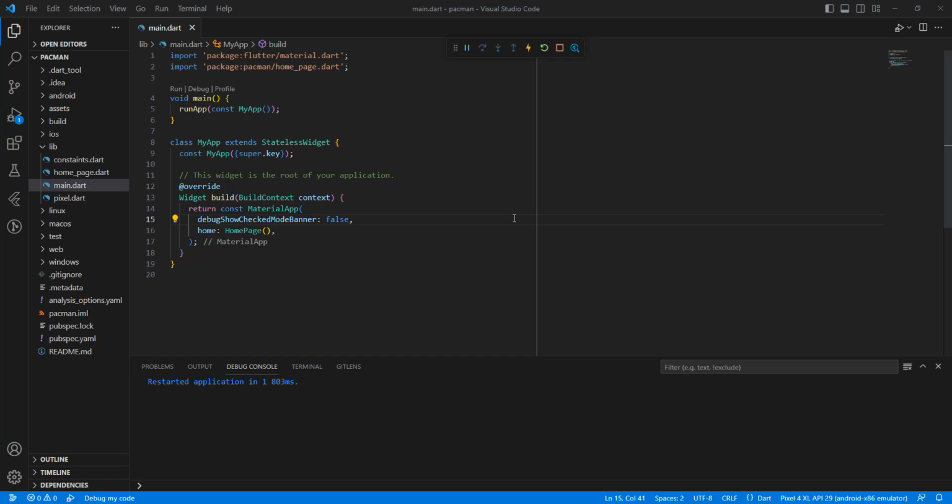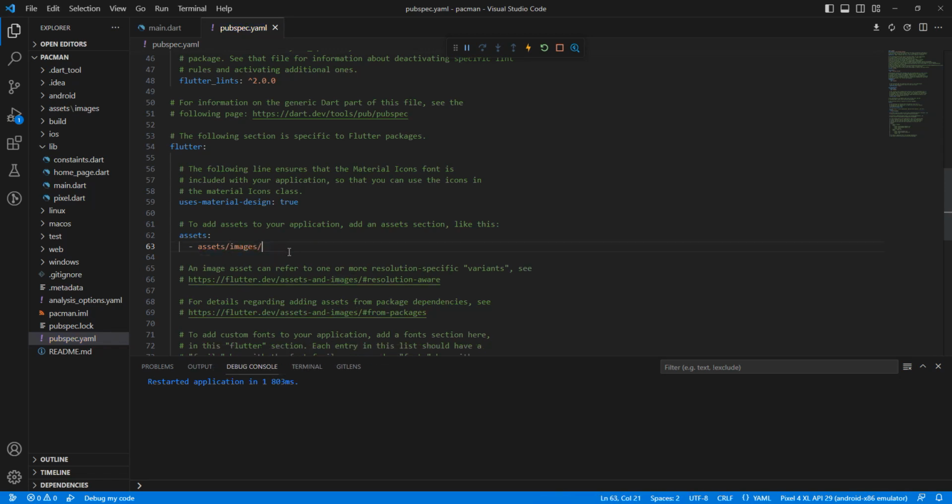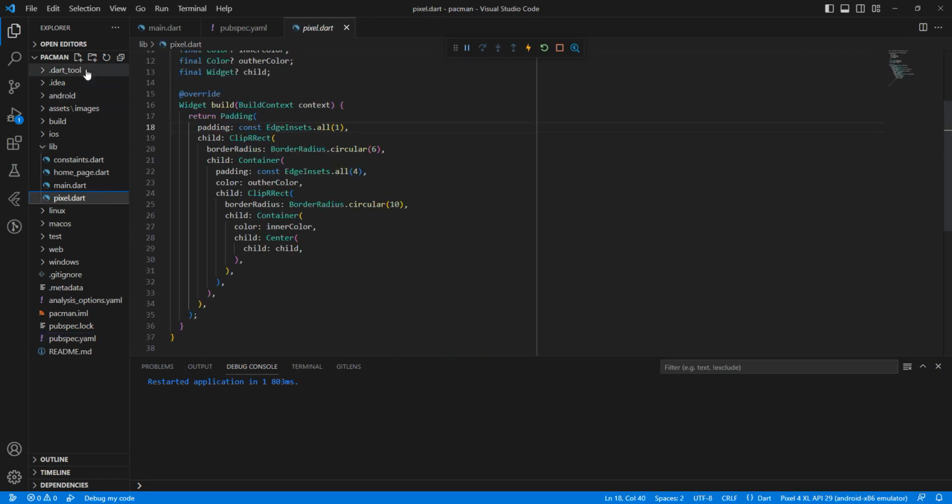In this video we create players for our game. Let's start with adding images, players, and open pubspec YAML. Write assets, and then images, path, save. Then we write file player